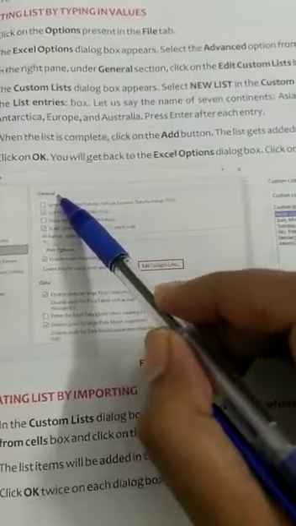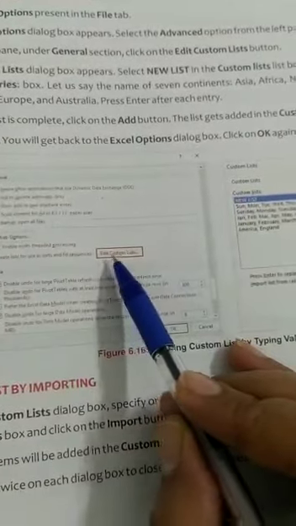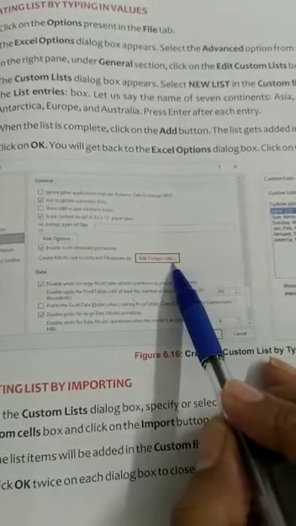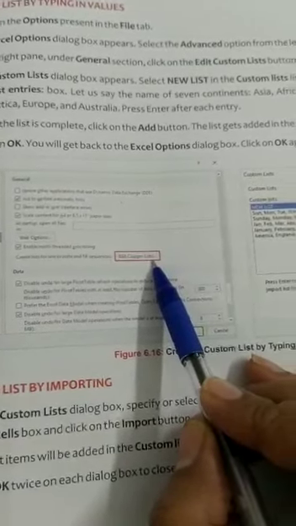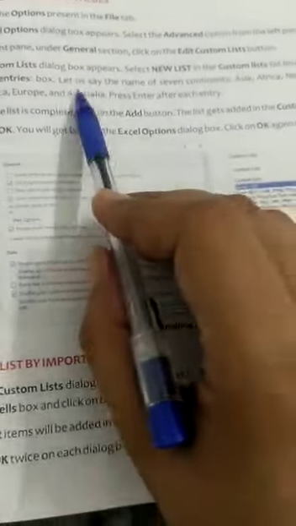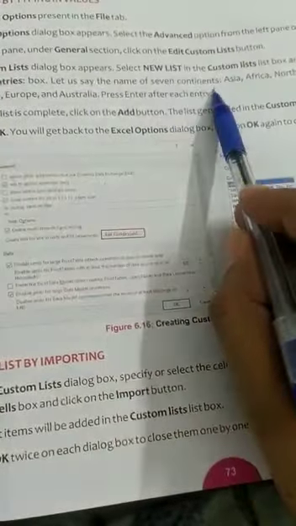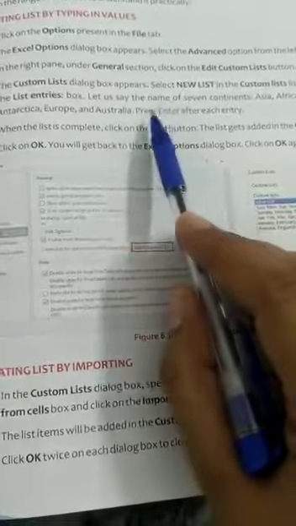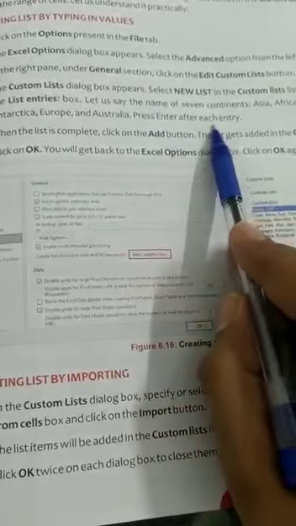Under the general section, click on the edit custom list box and then type the entries in the list entries box. Let us say the names of 7 continents: Asia, Africa, North America, South America, Antarctica, Europe, and Australia. Press enter after each entry.